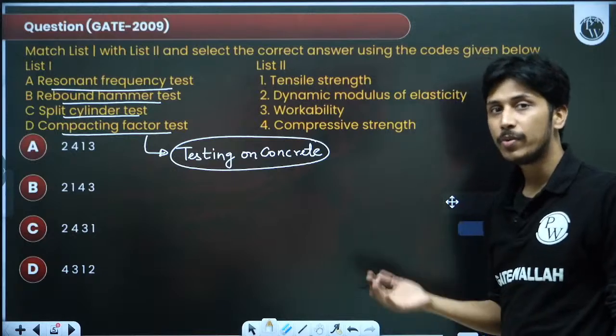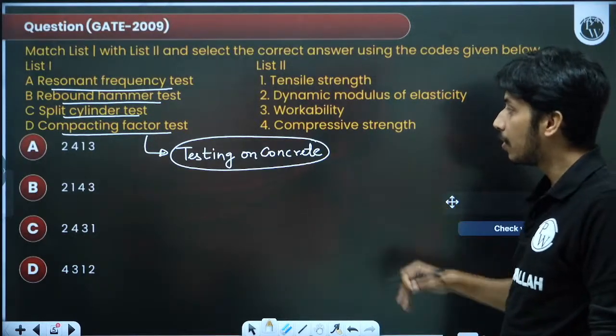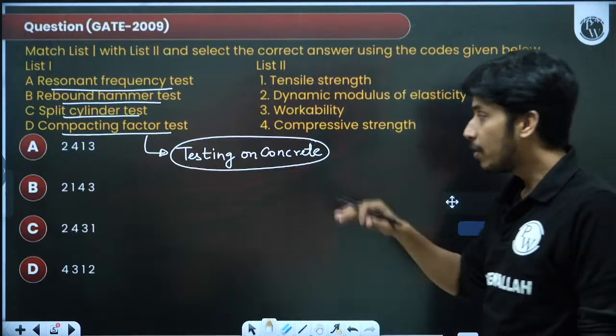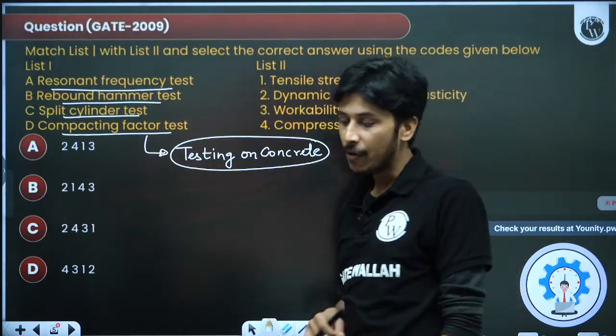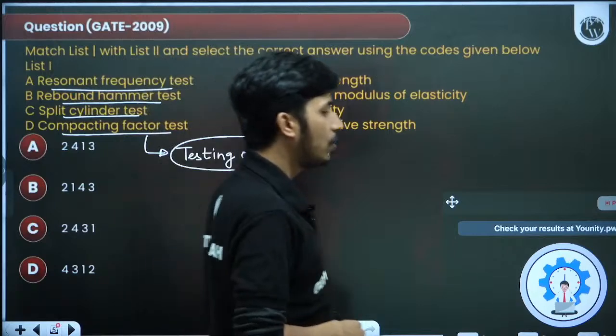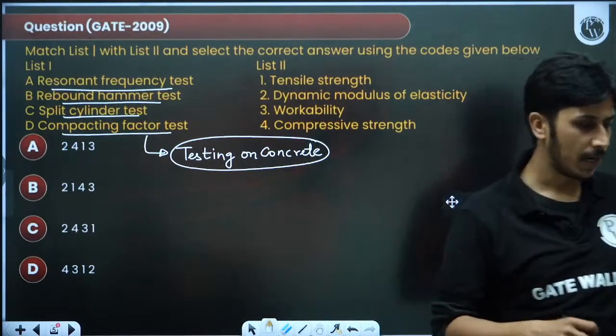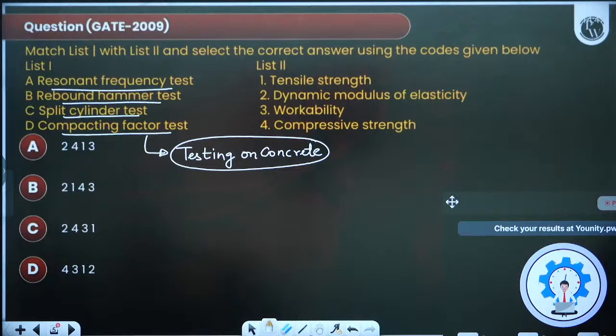So fresh concrete test means green concrete test, you must know. Hardened concrete test, you must know. You must know the destructive test and non-destructive test. So all the tests on concrete you should understand. There is also one code for the testing on concrete. Tell me what is the number of that code needed for the testing on concrete. Just give me 1 minute. I should have water because from the last 1 hour I'm screaming continuously. So just let me have some water. Then we will discuss. Comment quickly here and tell me the code for that.